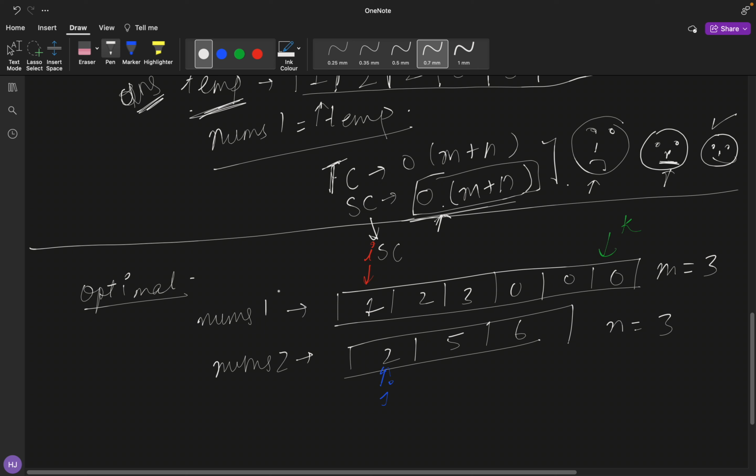So we all know that this empty space can accommodate all of these elements, and since we are required, I'm sorry, I misplaced it on wrong pointers. I have to draw it over here. And since we are required to give our final output in increasing order, why not start with the last